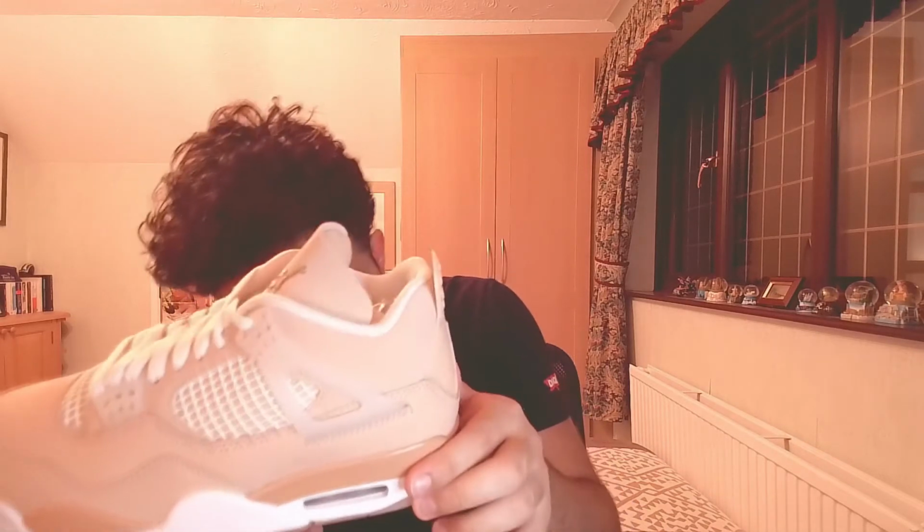You've got kind of a glow in the dark looking, plasticky rubbery kind of panels for the lace lock, and the cage of it is just this kind of cream white, similar to what you got in the laces right here. And the rest of the shoe has a little outline of white at the top just to set the contrast out. So you just got different shades of peach. You got a lighter peach here, darker peach with the white on the midsole, a little air bubble with two little bubbles in there, and the outsole is just a mix of peach